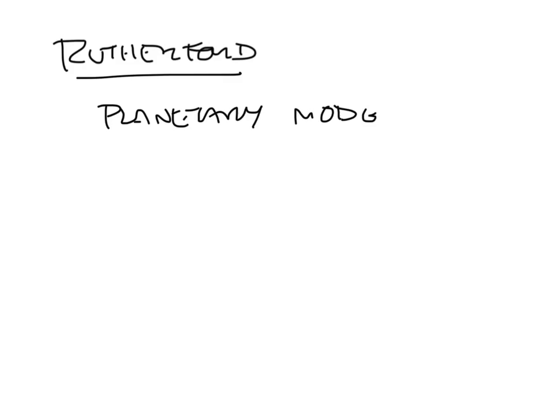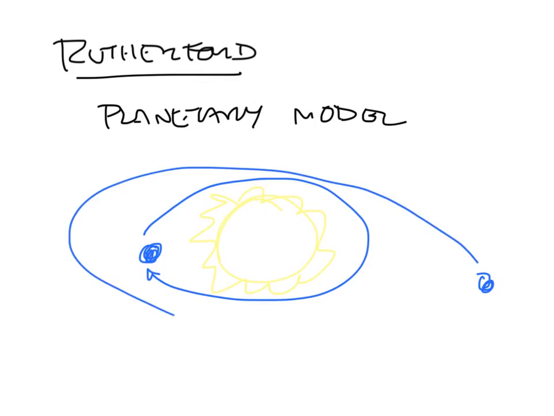And the reason why we talk about it as being the planetary model is that it's not unlike the concept of having the sun as our central part of our solar system, and then having the planets that are cruising around in different orbits around the sun, right? And so the idea here with Rutherford was you'd have a central core or a nucleus which contained protons, and then orbiting that nucleus were the electrons, which were in particular orbits surrounding that nucleus. And what he really made sure to